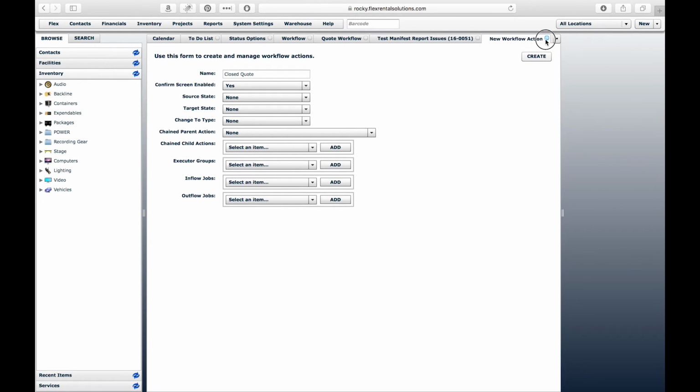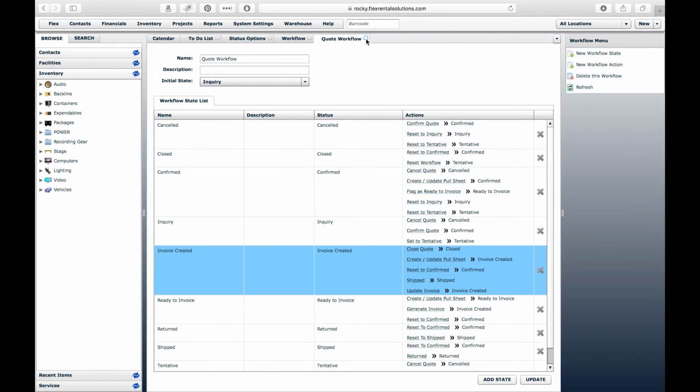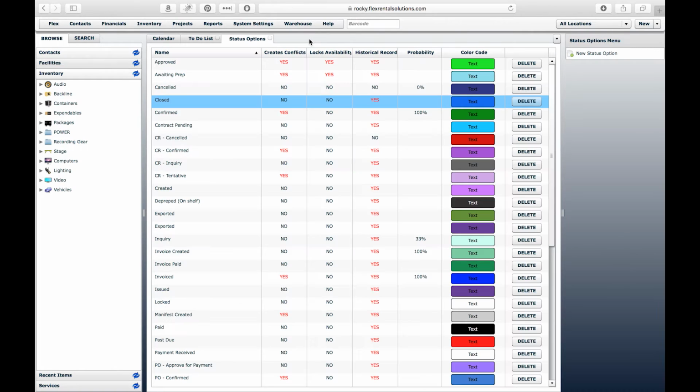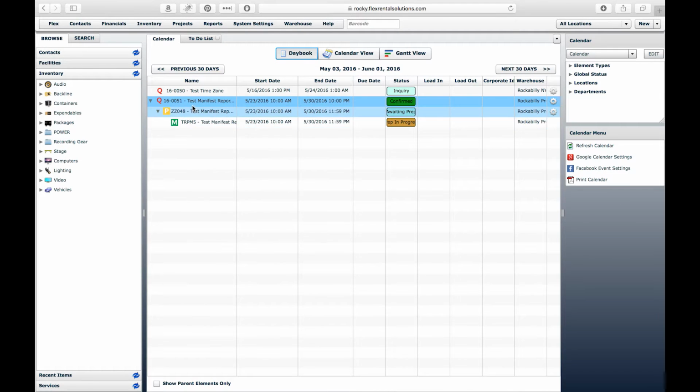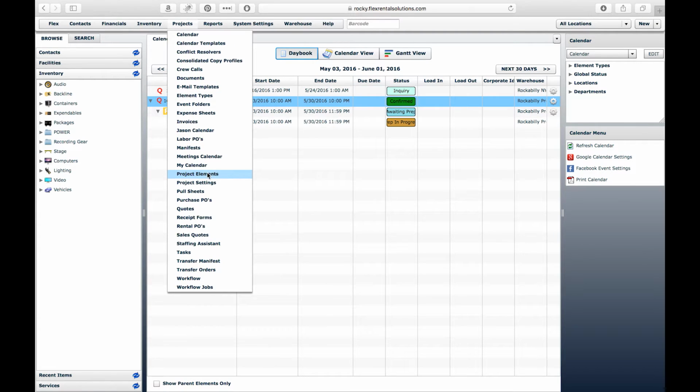So what we're doing today is we're learning how to create a closed workflow for our quotes. Now this closed workflow can be applied to our quotes, pull sheets, invoices. And what this closed workflow will do is literally close out any old jobs. For example, if we go to projects and we go to projects quotes and open up our quotes here,